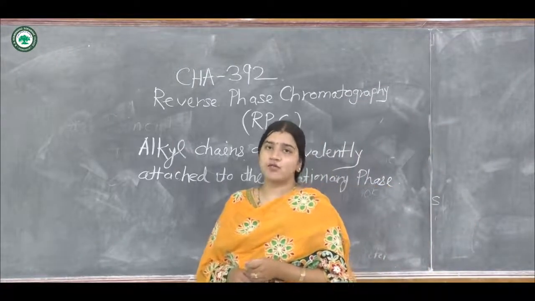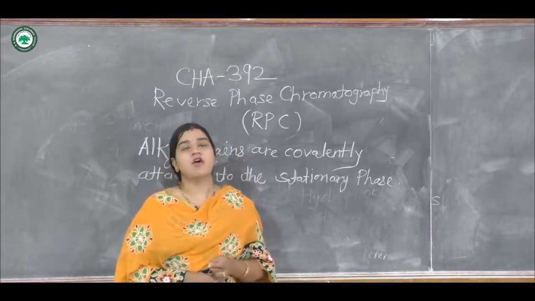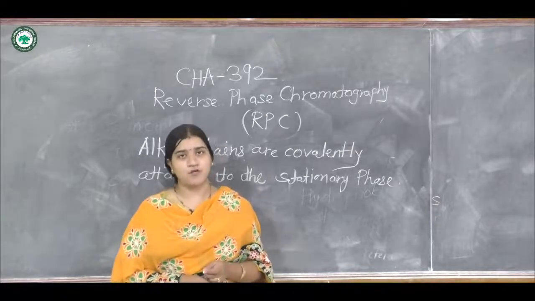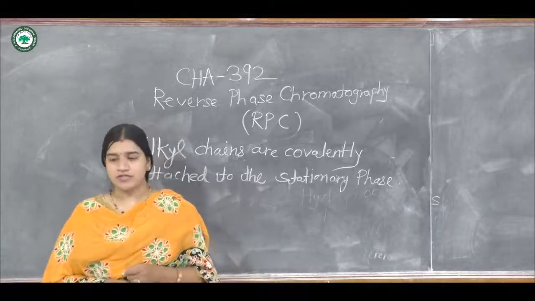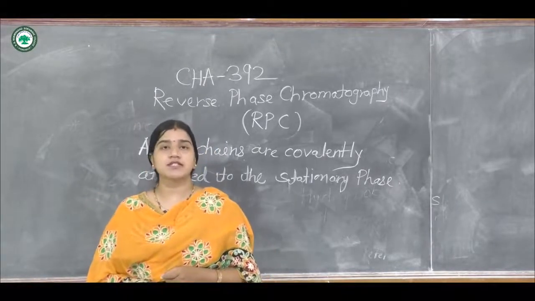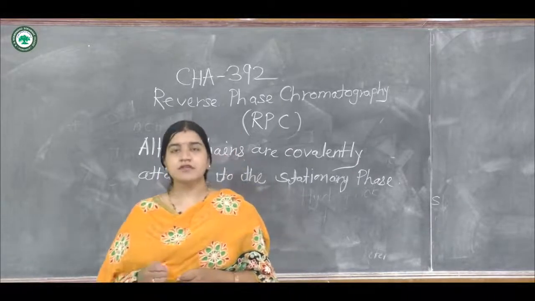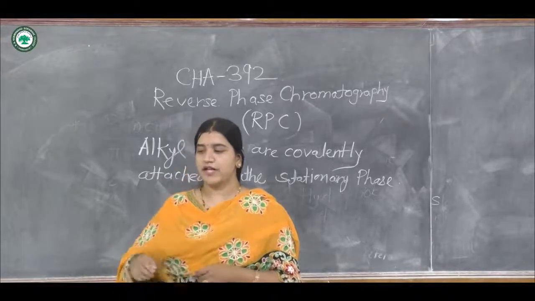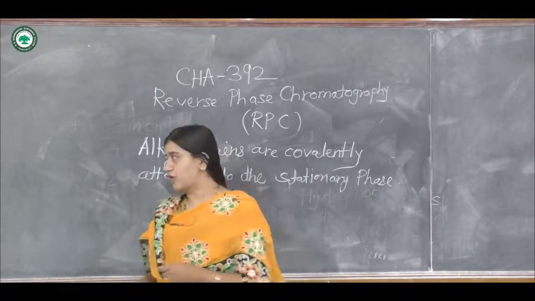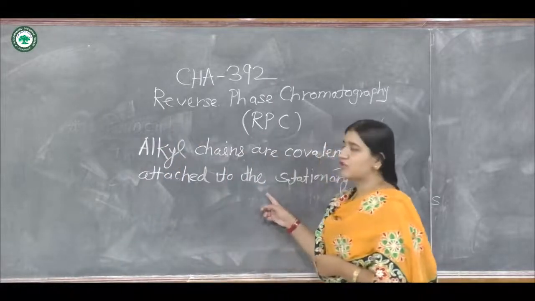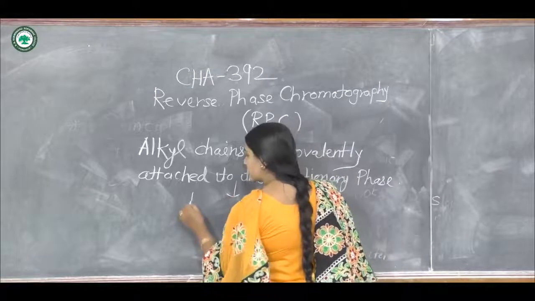Why is it necessary to attach these alkyl chains? The main thing is that you have to make your stationary phase hydrophobic. For that, alkyl chains are covalently bonded to the stationary phase so that the stationary surface becomes hydrophobic. Now this hydrophobic substance has a stronger interaction with the hydrophobic or less polar compounds. So by the attachment of the alkyl chains to the stationary phase, the stationary phase becomes hydrophobic,